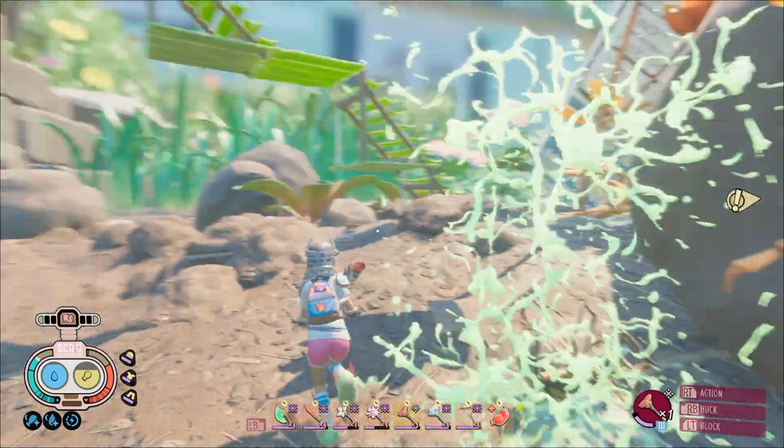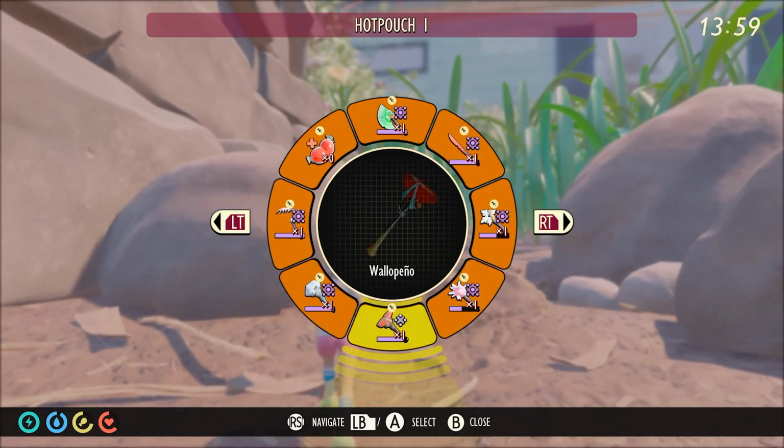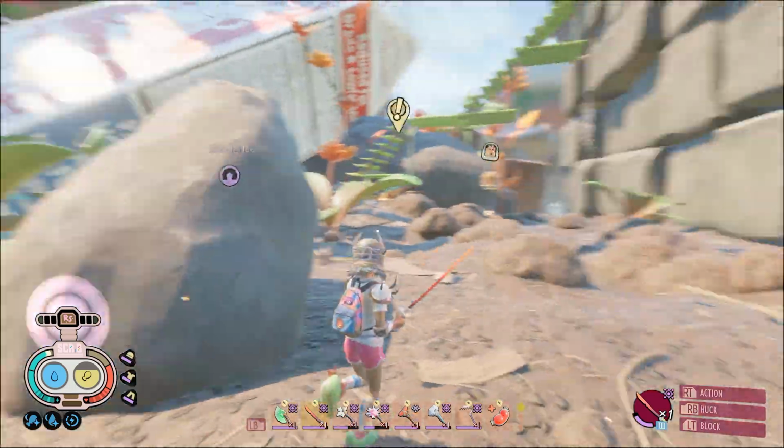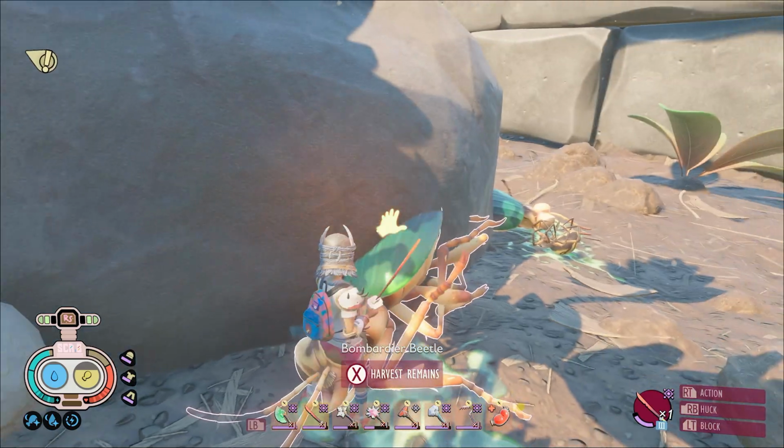8, 9. It took 7 hits with the spicy coaltana and 9 hits with the jalapeno. These are also very close in range, but you can obviously see that they are lacking on damage compared to